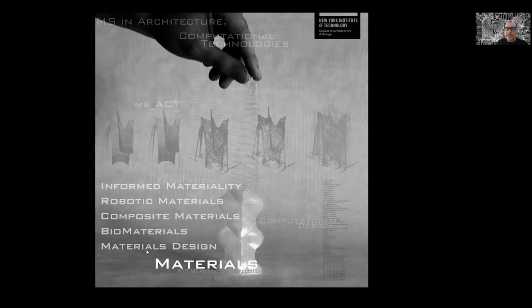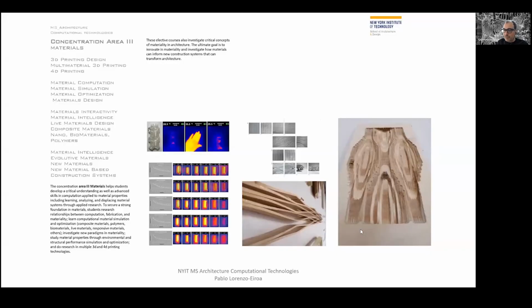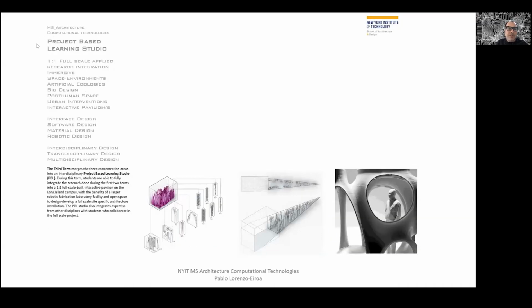Composite materials, biomaterials, and in overall designing your own material for 3D printing or with other types of technologies. As I said before, the project-based learning studio is going to be located in Old Westbury. It is the third term. The first two terms are in New York. The third term is in Old Westbury, which is one hour away from New York City. And we're going to integrate all the knowledge in terms of a kind of thesis for the students to integrate everything,